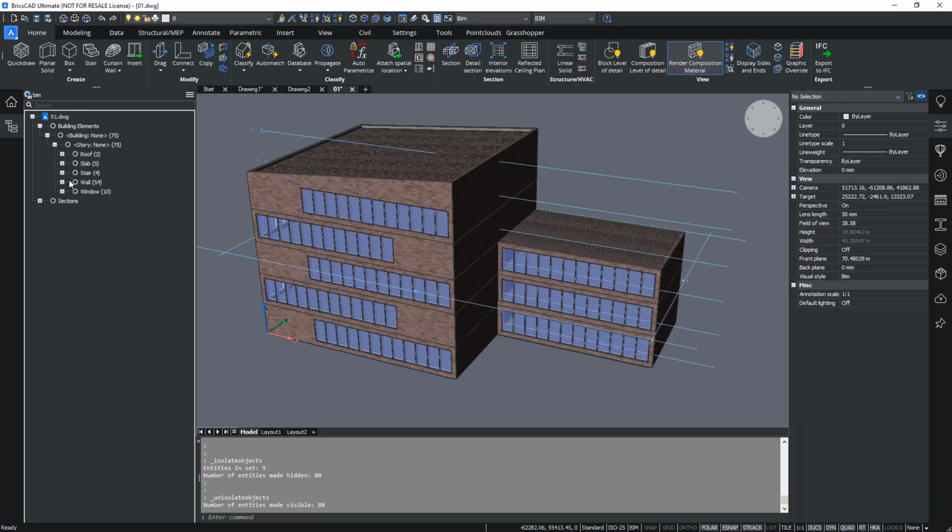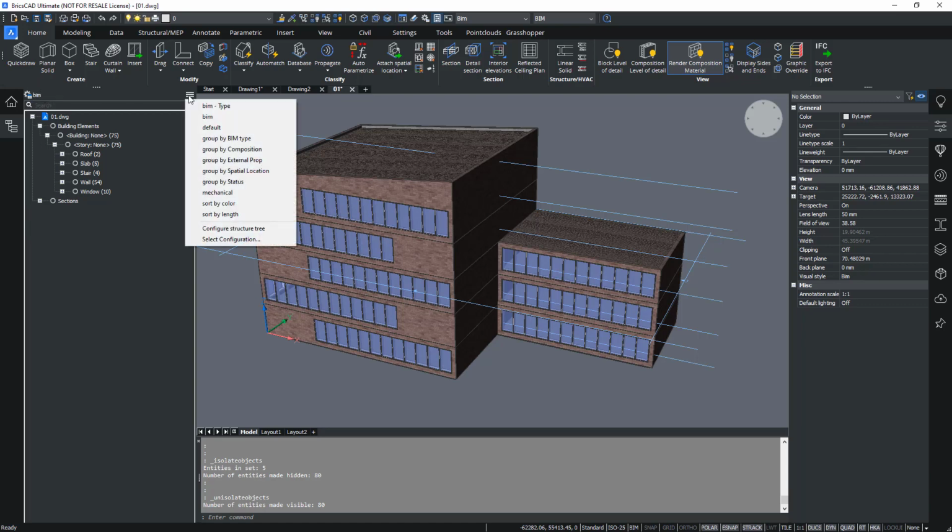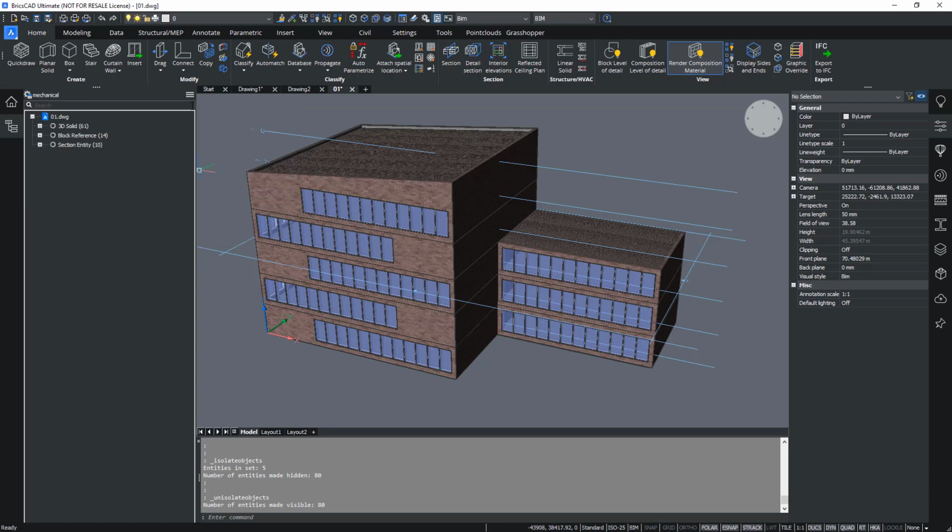You can choose the grouping of the structure browser entirely yourself. If you want to switch the grouping type, you will normally by default have a few of these groupings already listed, but you can always change them by clicking the hamburger menu and then going to another preset configuration.